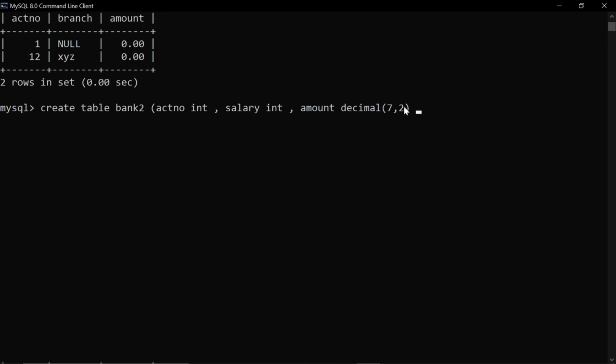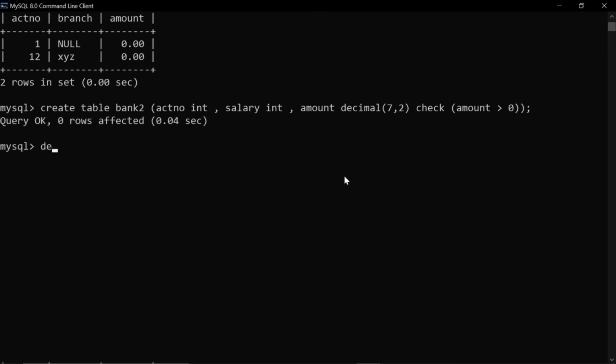So here, besides its data type, I will write the constraint that is check, that you have to check that my particular value should be in this range. So here I will write check, and in the brackets you have to write that particular column name and the condition. So here I will write amount should be greater than zero.